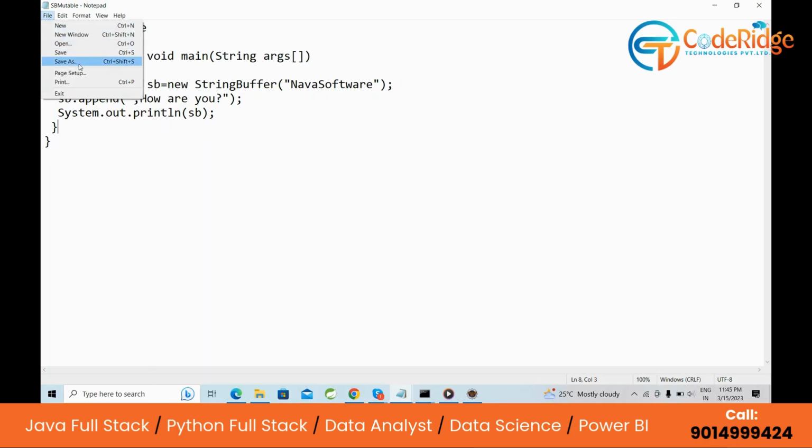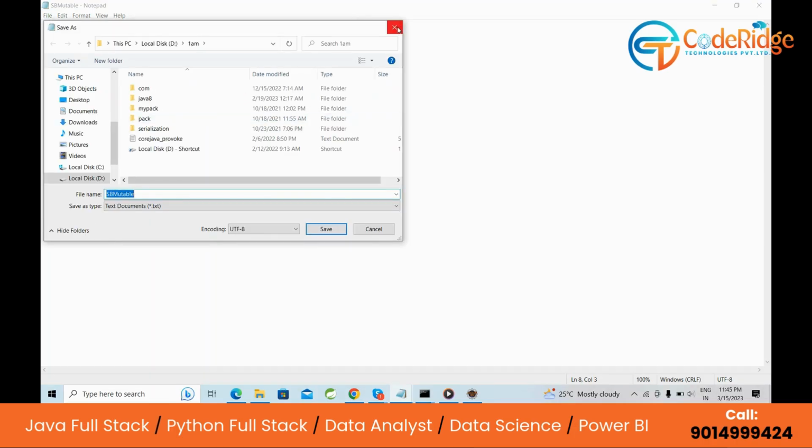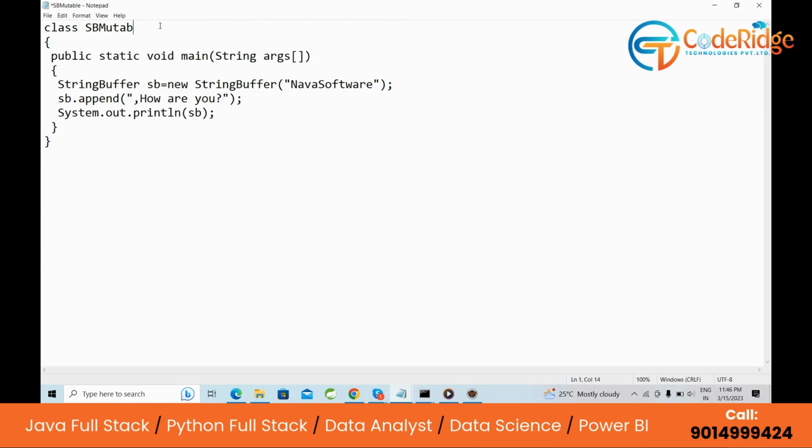I want to make it as an SB demo Nava. This is the class name, SB demo Nava. First of all, save. Now I want to save the file name as this one as a